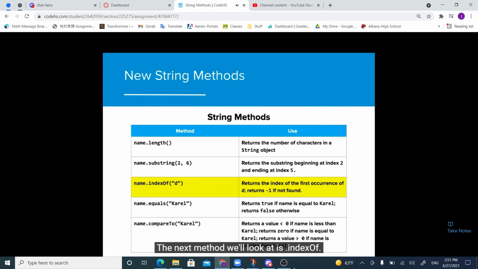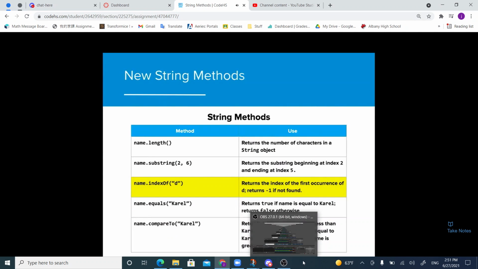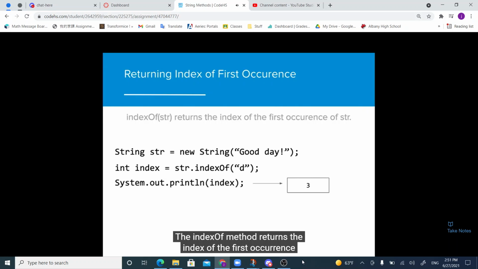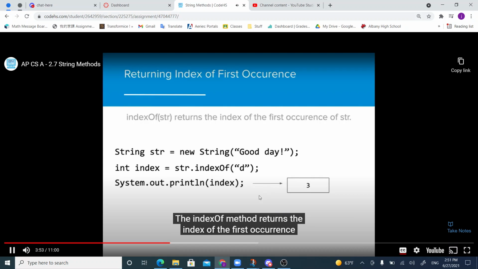The next method we'll look at is .indexOf. The indexOf method returns the index of the first occurrence of the given